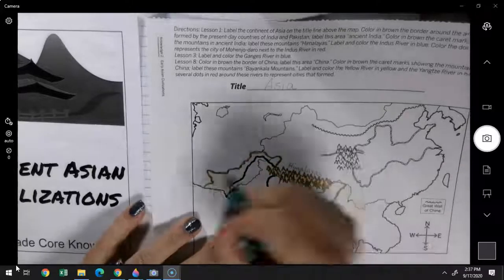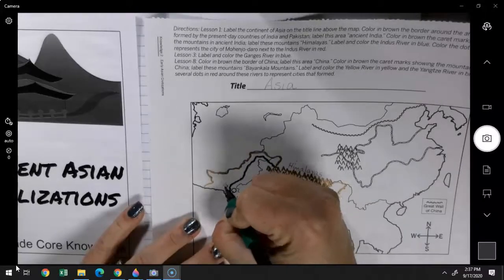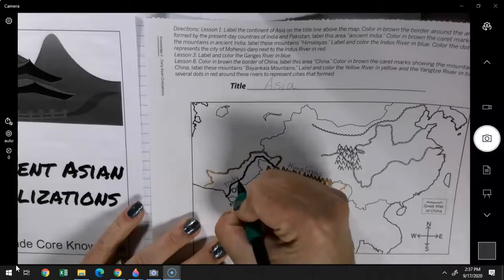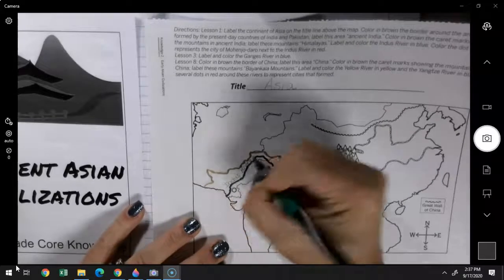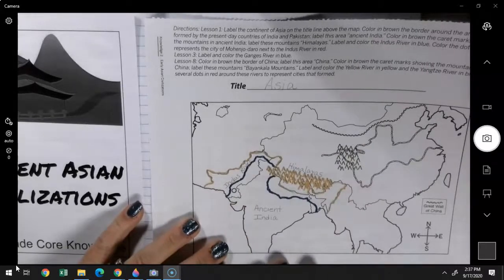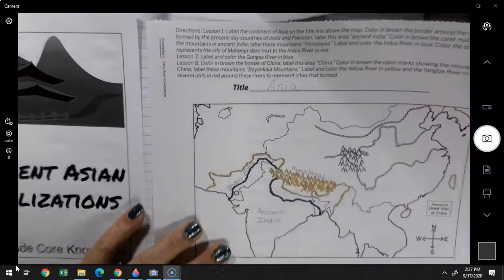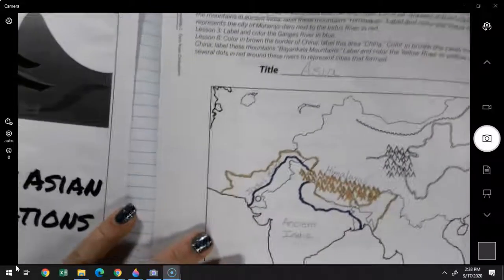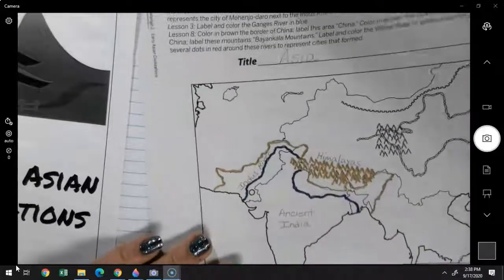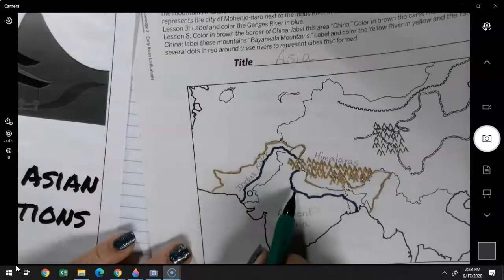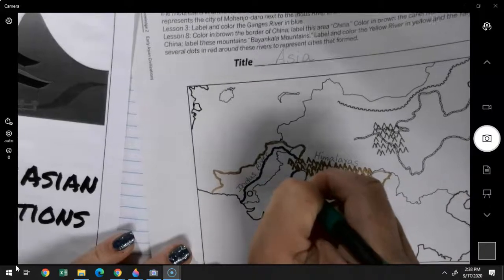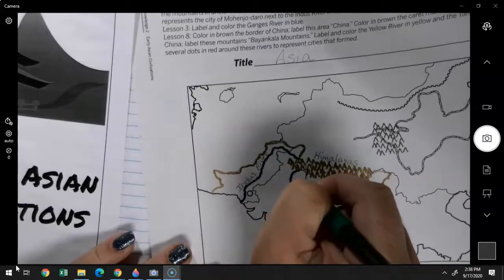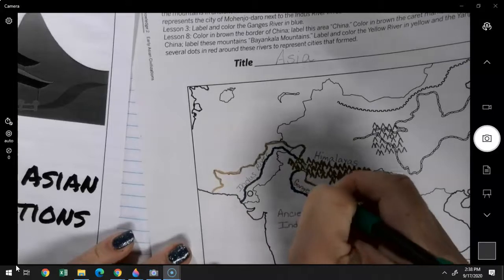Then we're going to label this. So this is the Indus River. And if you want to get close in and look at that, you can. Maybe I'll put it closer so you could see it better, hopefully. Indus River. And then this river is the other river we took notes on, and it is the Ganges River. So remember, it's got two G's in it, G-A-N-G-E-S River.